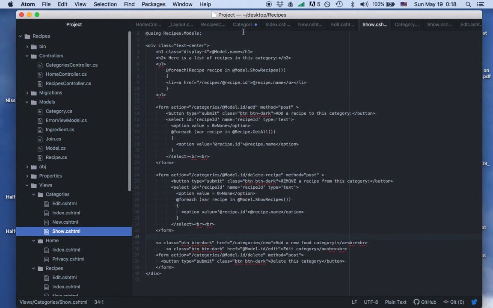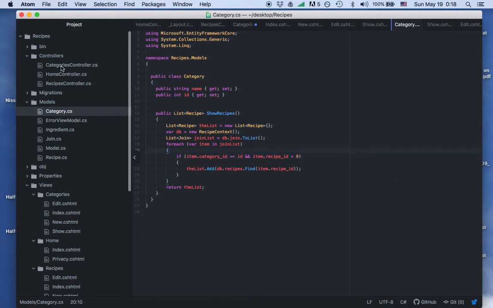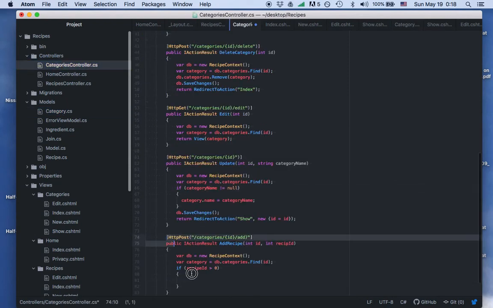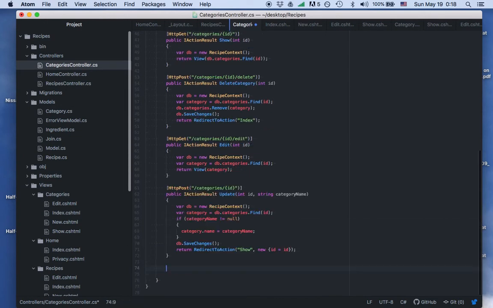Now we're going to jump over to our routes. In our category route, we want to create a post for adding a recipe to a category, and a post route for removing a recipe from a category. So we'll start with adding, and like I said, it's going to be an HTTP post,